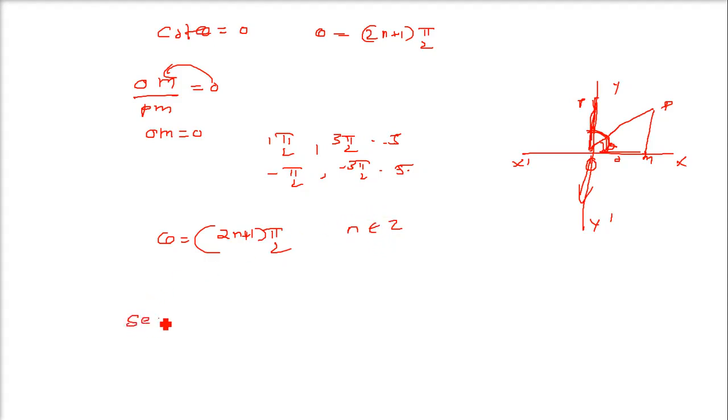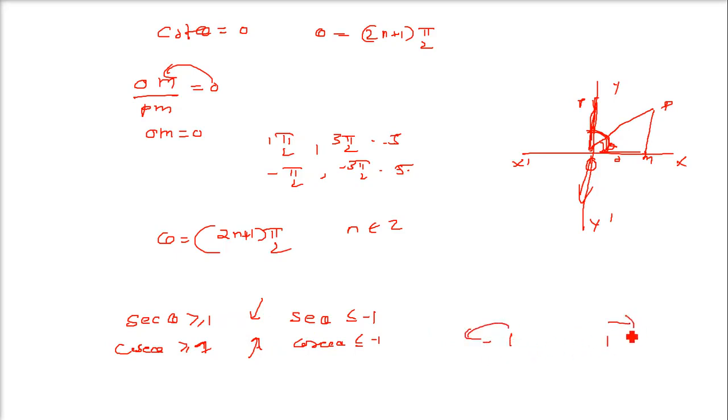When we talk about sec theta, because sec theta is greater than or equal to 1 and also sec theta is less than or equal to minus 1, similarly for cosec theta. Since this is the sec theta version, that is why cosec theta equal to 0 or sec theta equal to 0, because 0 is actually not coming here. So there is no solution. That is 1 and minus 1. Sec theta and cosec theta only have solutions this side. There is no 0 coming. So cosec theta and sec theta will not have any solution. So these two will have no solution.